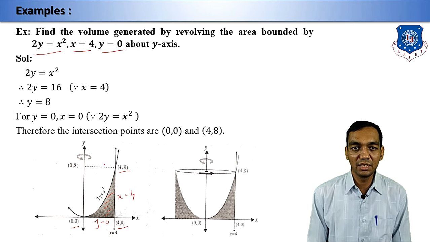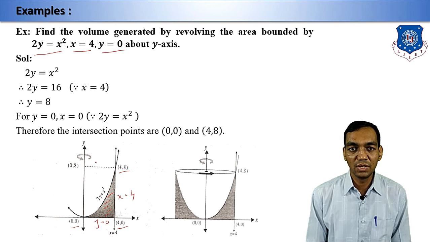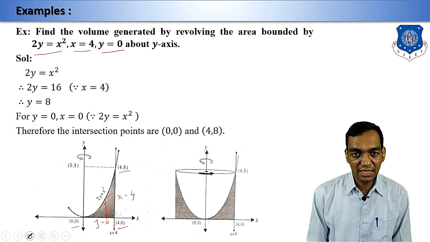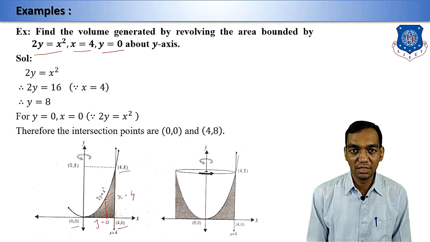And we are going to rotate this about the y axis. Correct? So please remember that. Now what is the radius and what is the height? What we are going to do is draw one strip parallel to the y-axis in this area. Correct? So this area is going to be covered. So this point is your x comma y point. If you take a radius vector, then this distance is x, and x is nothing but under root 2y. And this height is y, and y is nothing but x square by 2.